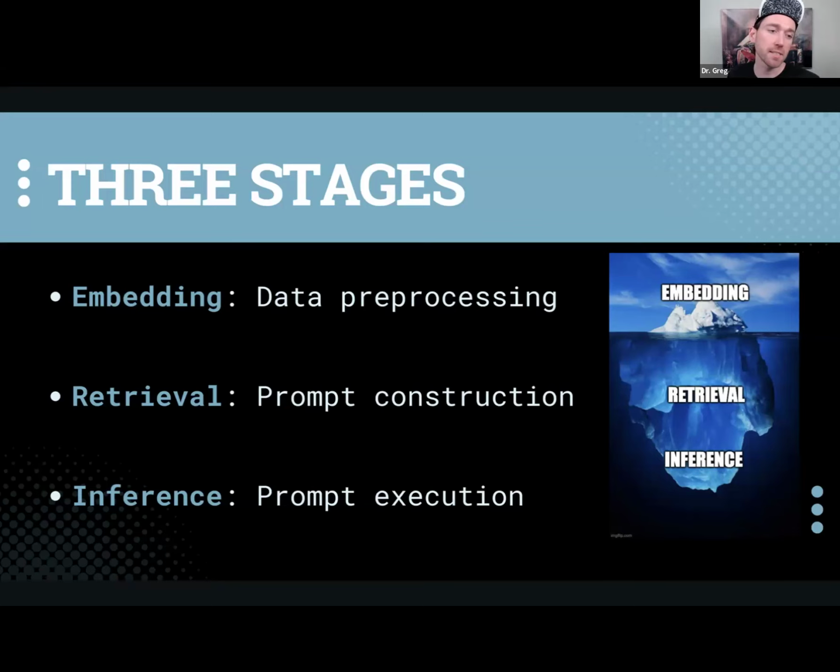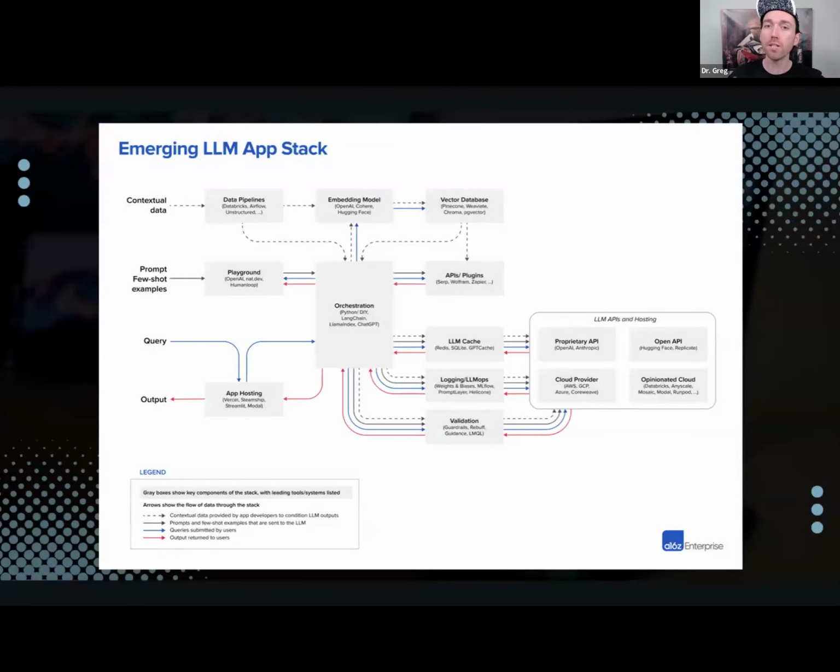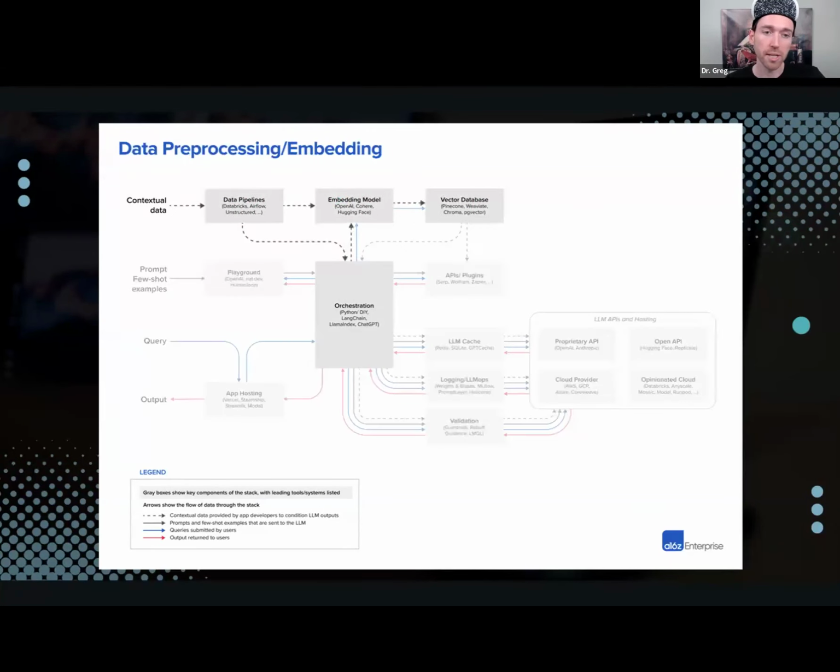In this one from A16Z, we have embedding, we have retrieval, and we have inference. So we can look at the whole stack as we continue our builds. Orchestration in the middle, we have the UI. Over here on the left, we have the back end with caching and logging and validation, the sort of guardrails, making sure that the stuff that comes out of the LLM is the stuff that we can serve to our users. And then, of course, the contextual data piece on top, putting context in through data that we chop up into vectors that we then put into a database. We may plug into external APIs as well. So this piece is where really the RAG comes in.